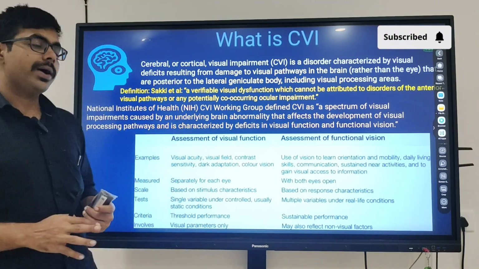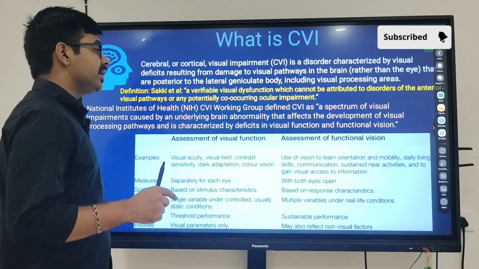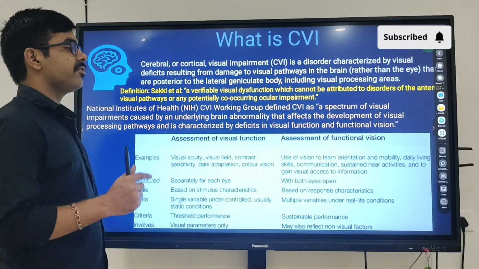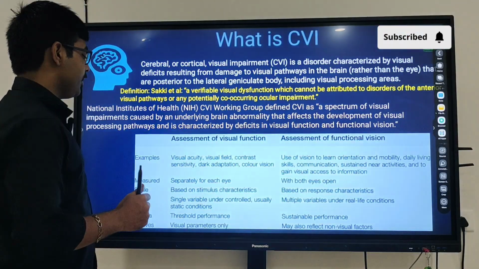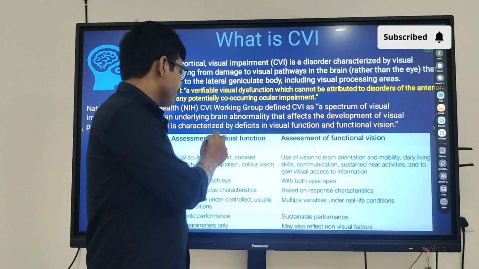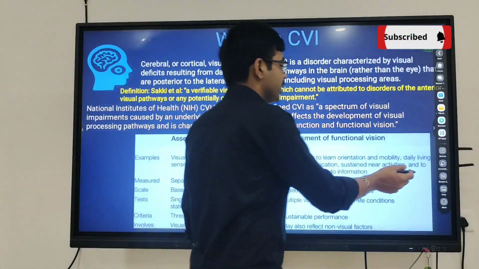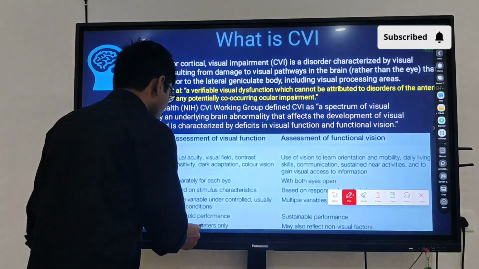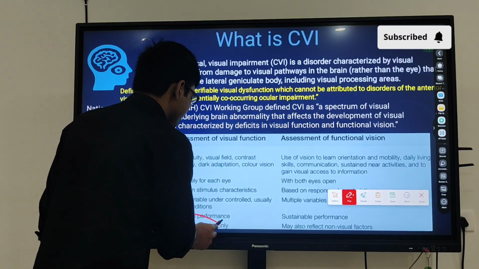All these things we are going to assess. Then only we can tell that the child may have a functional vision deficit. And always we have to remember that visual parameters are involved in case of visual function, but in case of functional vision, not only visual parameters are involved, whenever you are sitting